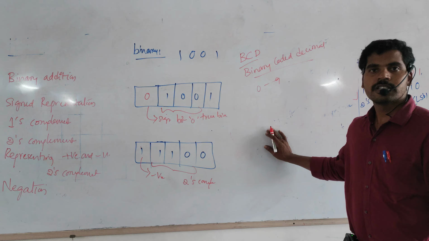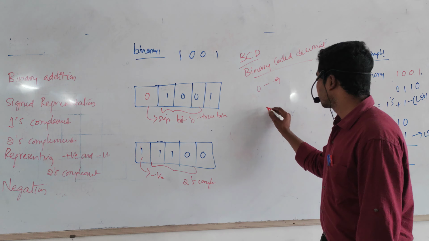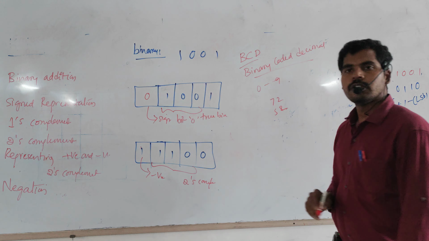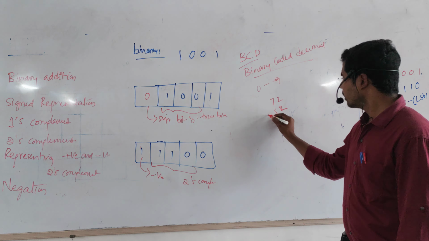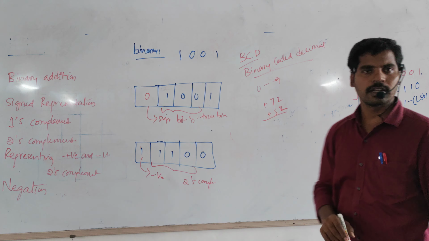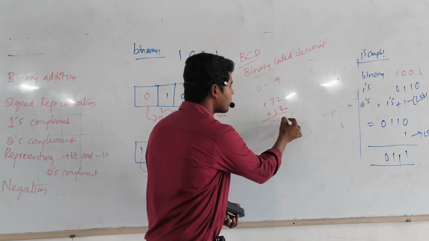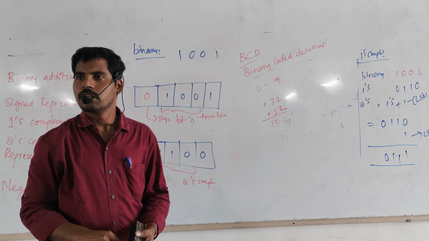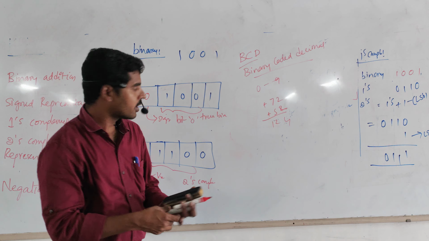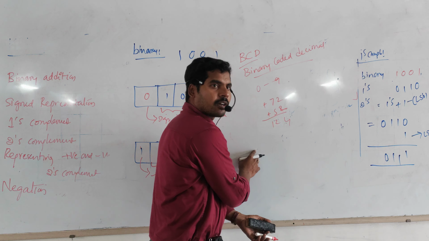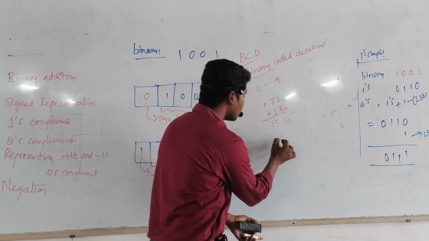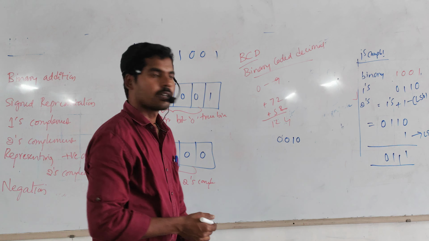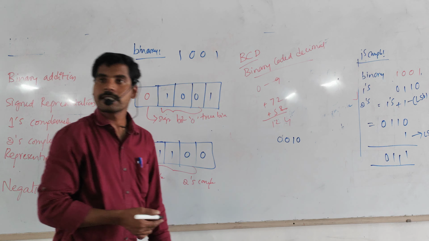If you are given a BCD addition, suppose 7 plus 5, both maybe positive, let it be considered like this. The addition means 4, 12. That is the scenario, right? Let me represent the same numbers in binary format. Binary value of 2 means 0, 0, 1, 0. Very, very important. So many complexities will be there.